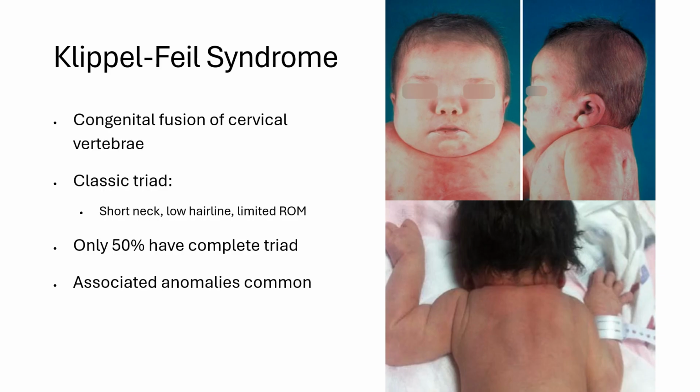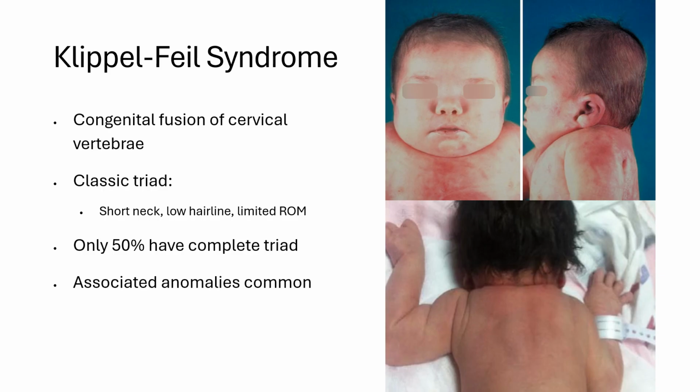Klippel-Feil Syndrome represents a fascinating example of how embryonic development errors can create a constellation of findings that, once understood, form a recognizable clinical pattern. To grasp this condition, think about normal cervical spine development as a process where individual vertebrae must form correctly and then remain separate to allow the remarkable mobility we expect from our necks. When this separation process fails during early embryonic development, adjacent cervical vertebrae fuse together, creating the foundation for all the